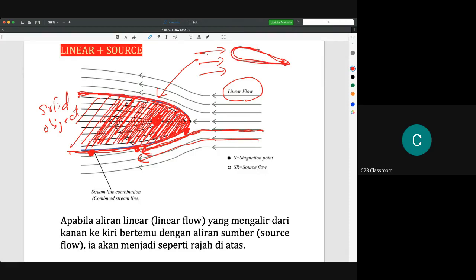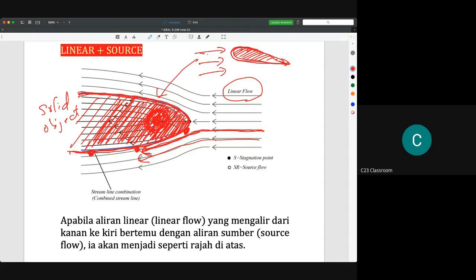Might be the simplest one is by replacing the shape of aerofoil here by source flow like this one. Okay, ini very basic lah, walaupun dia tidak akan menjadi aerofoil lah, dia akan ada pertambahan perkara lain. Okay, tapi maksudnya awak boleh dapat permulaan untuk mengira sesuatu dengan combination of basic flow